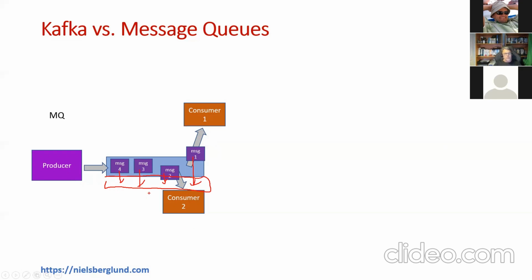So in essence, we will now duplicate the messages, and they will take more space, etc. So that is one of the big issues with, well, not big issues, but that is a difference to how